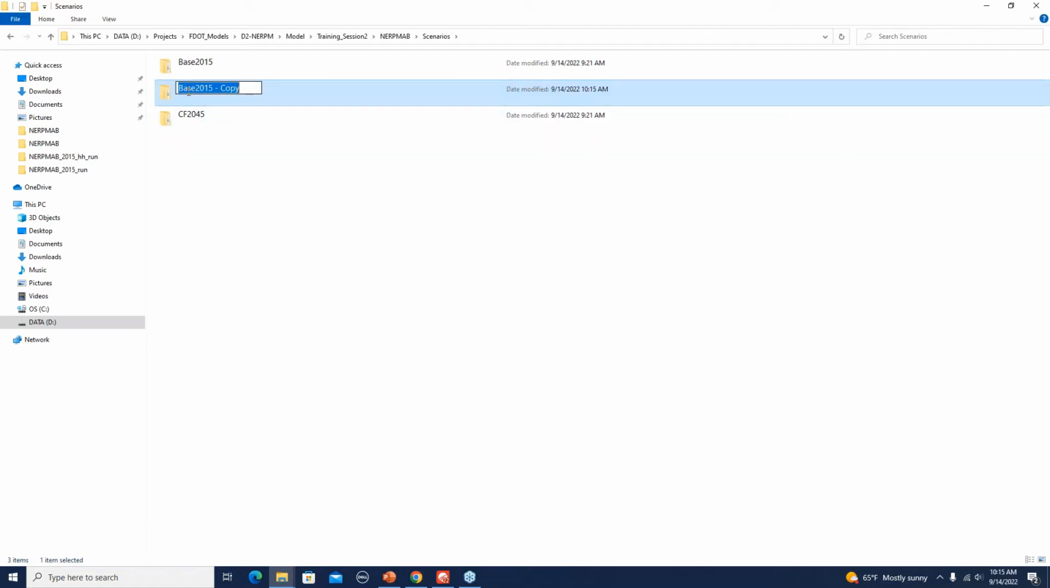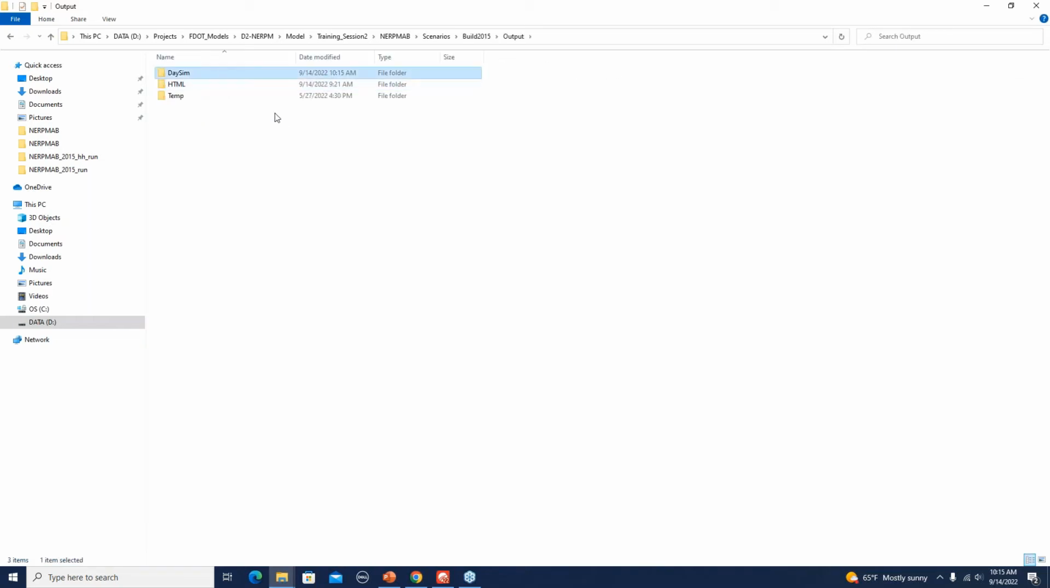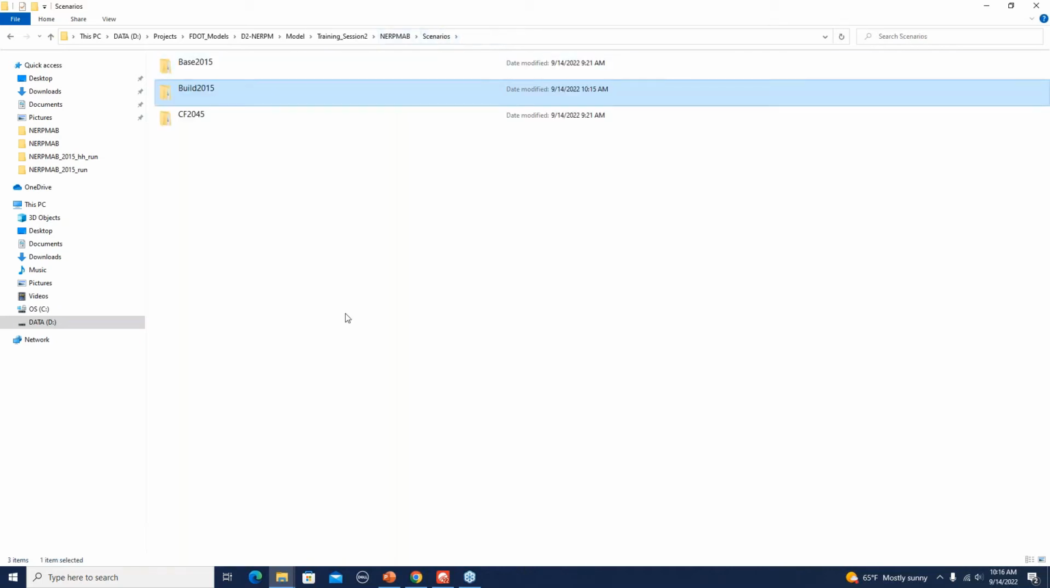And then you can rename this new directory to the scenario name that you want to give to your new scenario. So let's say we can give it a name called build 2015, and that's it. So you have created a new scenario directory, and because this is like an unrun setup, all the folders pretty much are empty here, so you're simply copying over an empty folder structure. Okay, so the first step would be to create this